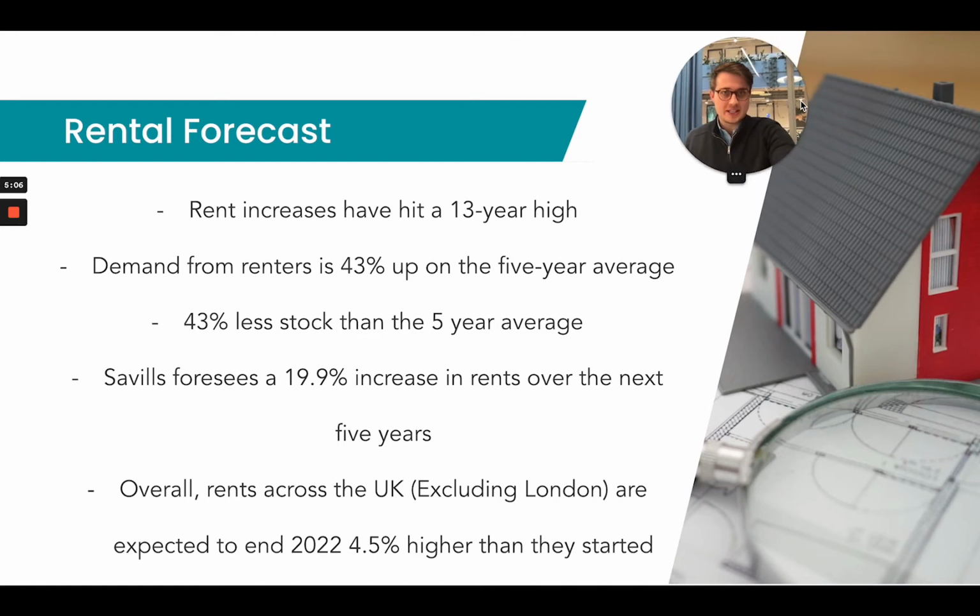Now, digging a bit deeper into the rental forecast. Rents have hit a 13-year high. As I mentioned, the rental market has become incredibly competitive. Demand from renters is up 43% on a 5-year average. Another thing worth noting, and something that I found quite interesting, was that about 19.8%, so just under 20% of the UK real estate market is currently privately rented, which is incredibly high